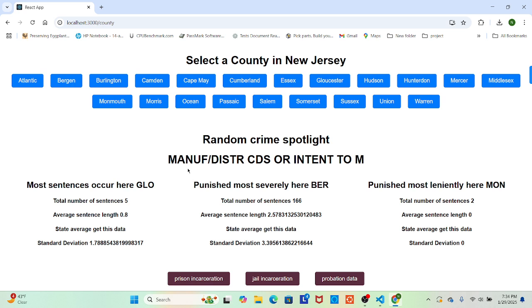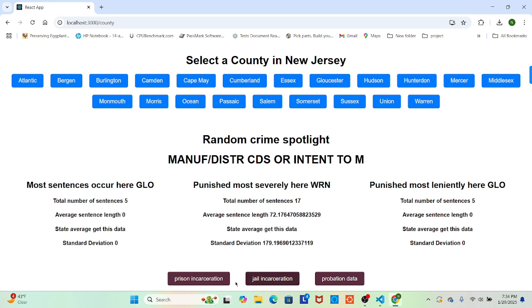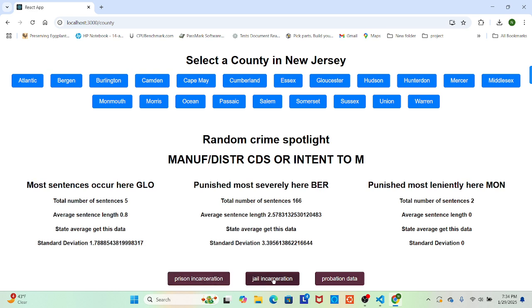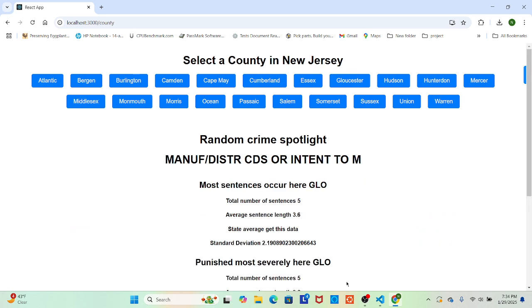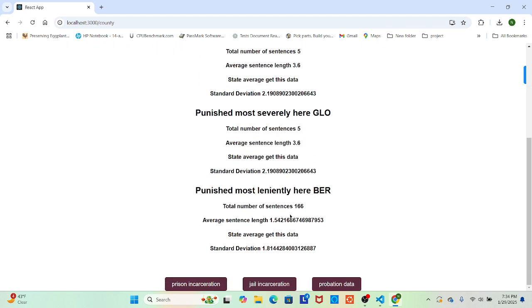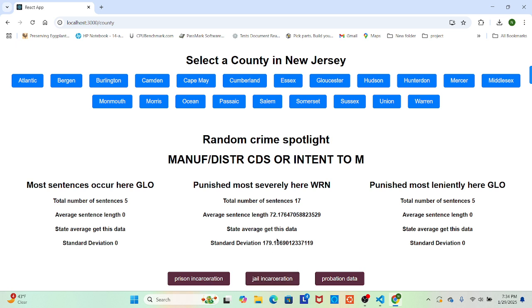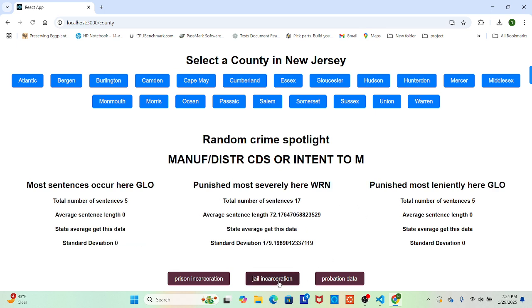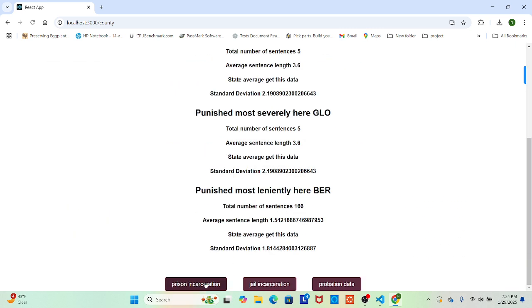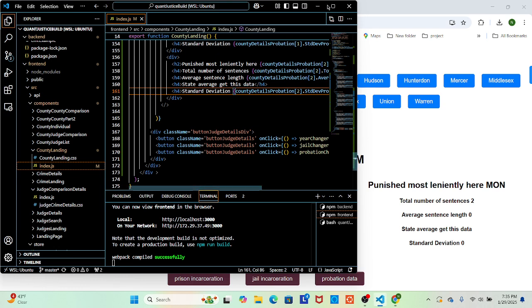See what this looks like. Gloucester, Bergen, Monmouth. As you can see, things are kind of flippy-floppy, which is good. Bourne, Gloucester, Gloucester. Yeah, Bergen gets 1.5. But yeah, some of this, I mean, the data is not completely scraped yet, so I can't really make any inferences. I'm just making sure that this actual information just looks proper.